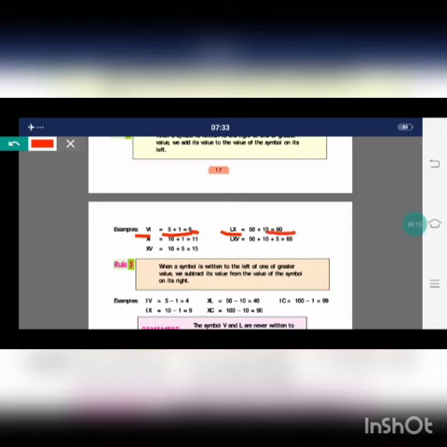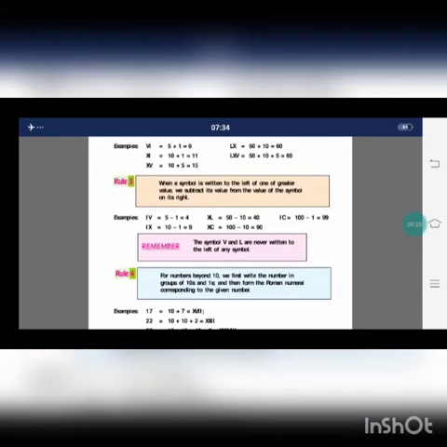So whenever we have to write down 60, we will write LX. Clear students? Now let me see rule number 3. When a symbol is written to the left of one of greater value, we subtract its value from the value of the symbol on its right. Look students very carefully. What is rule number 3? If you are writing any symbol to the left side of the greater number, then you have to subtract this